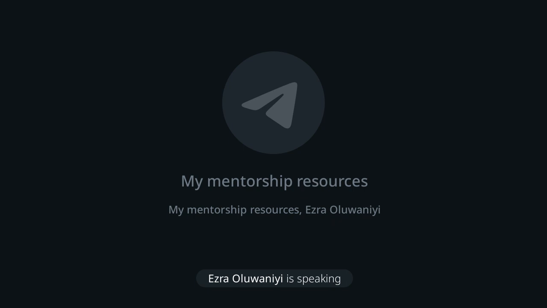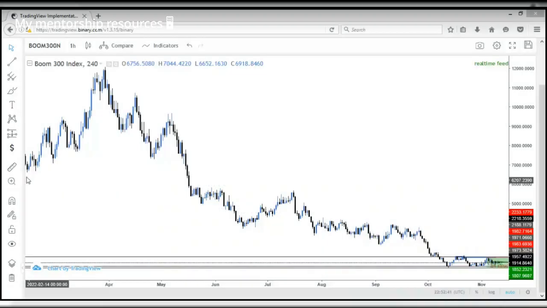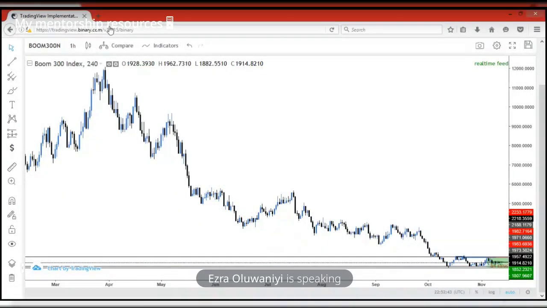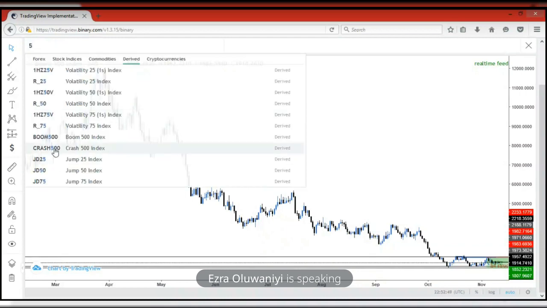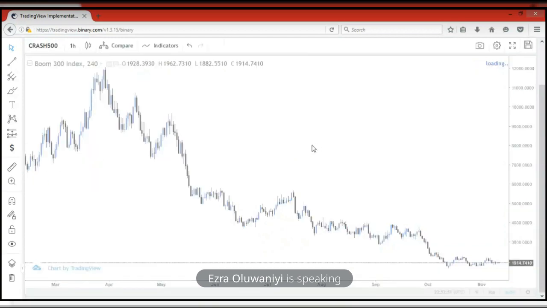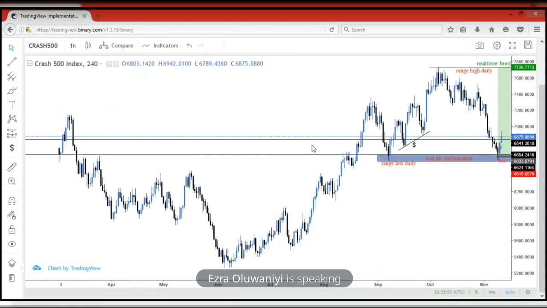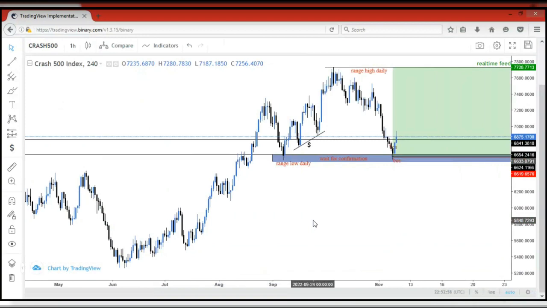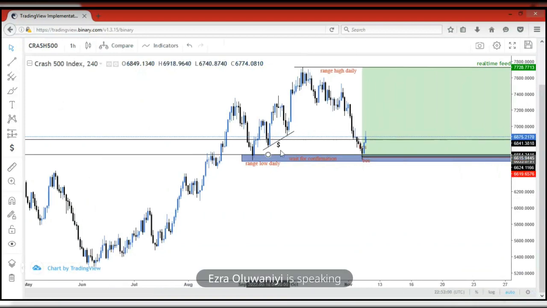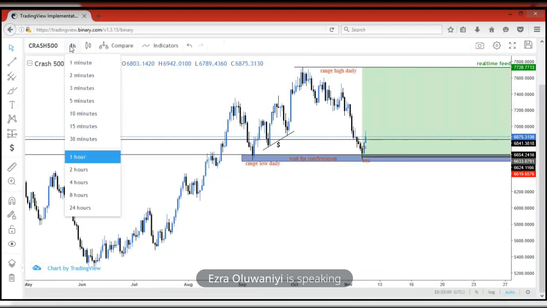All right, let me quickly talk about C500. Sorry, not B500, C500. Let's see what we have there. Okay, so this is what we have. Now, I've explained this. I marked this demand zone for a buy. I just marked it. Since I think this is the daily time frame,